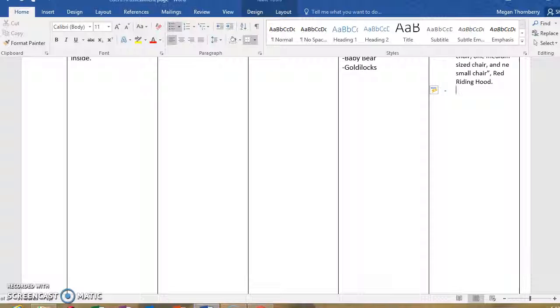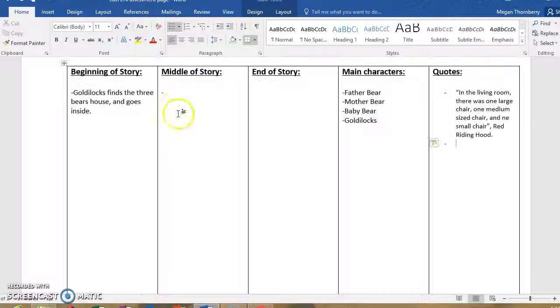So now we can return to the chart and we can go ahead and put for the middle of the story, we can put Goldilocks